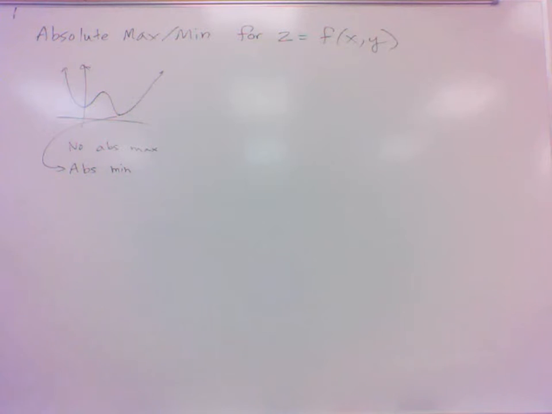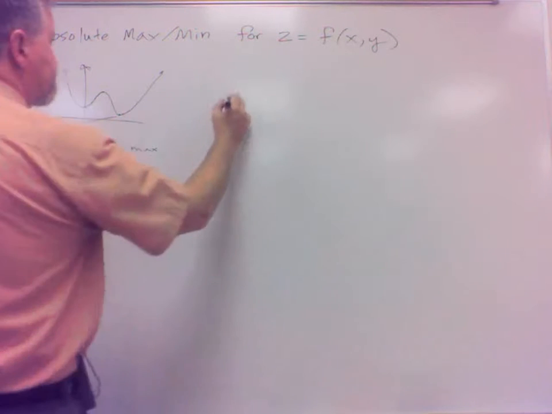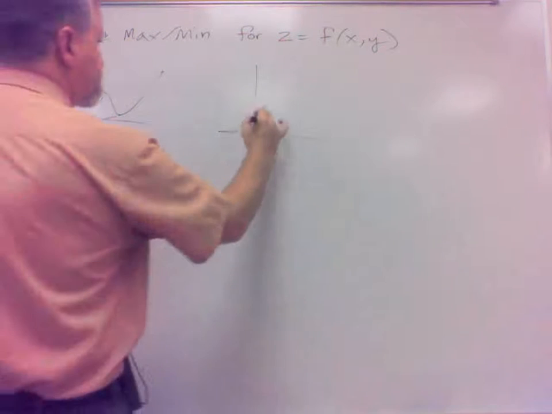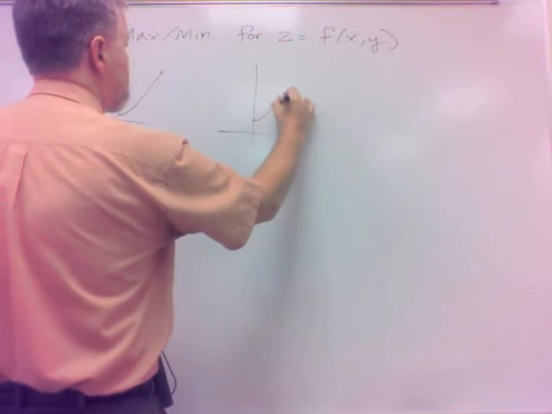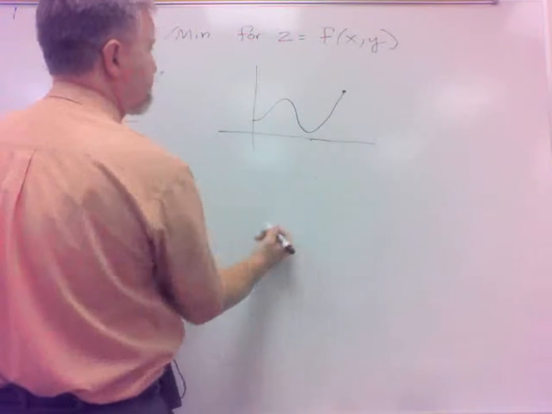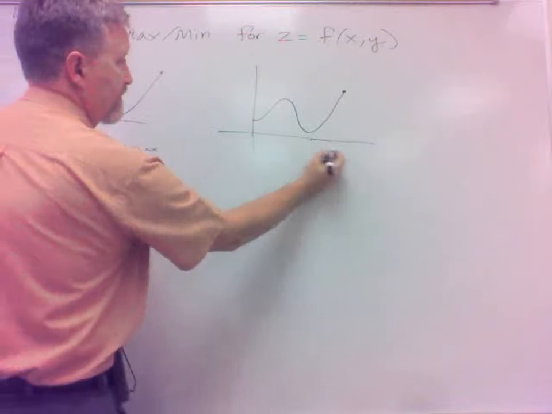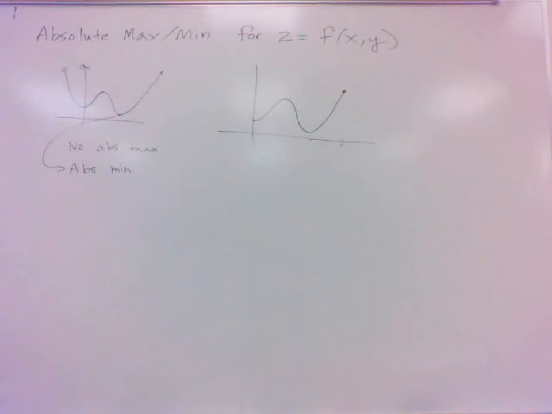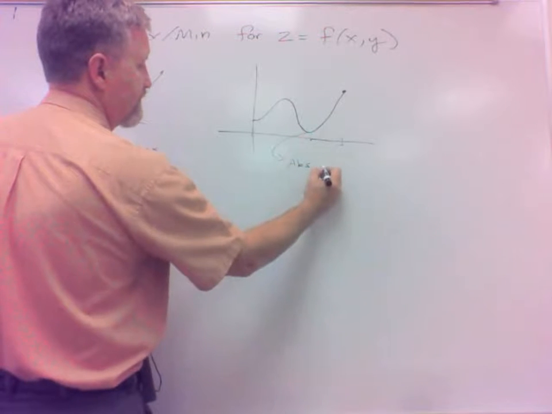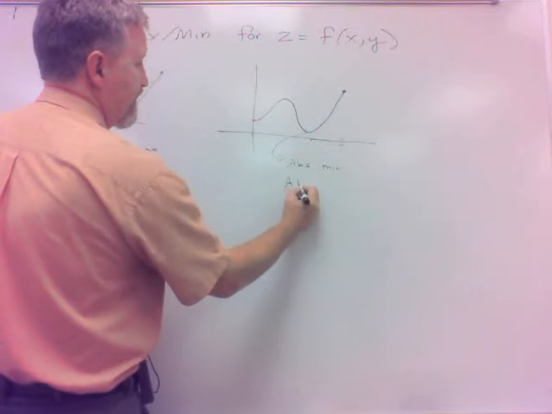However, when we close it off, say we want a closed interval of this particular function, and let's see. If I go from 0 to here for this function, so I'm only talking about this on this closed interval. Now when we talk about absolute max and min, we still got the same absolute minimum, right? There's an absolute minimum at that point. But now we have an absolute maximum,